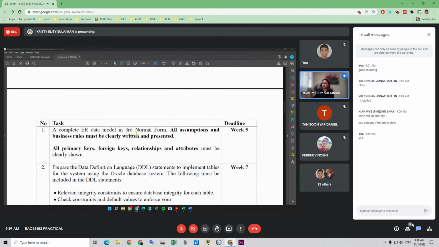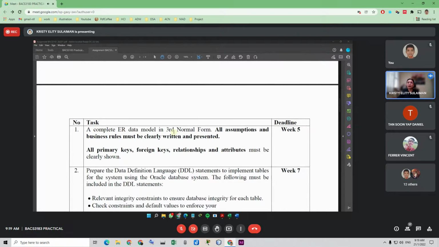It must be in normalized form. For our lecture, we will only cover it in chapter 5. According to our course plan, we will only cover this topic in week 8. So that's why I mentioned earlier, you need to start doing your own research or your own revision to submit this ER model in week 5.